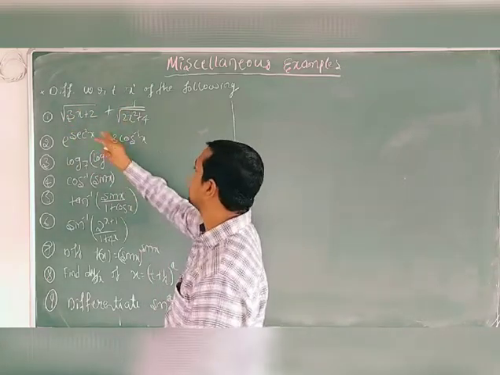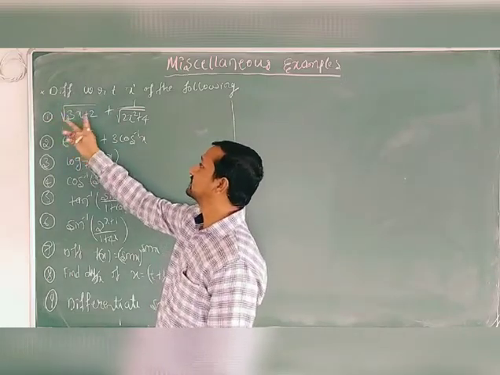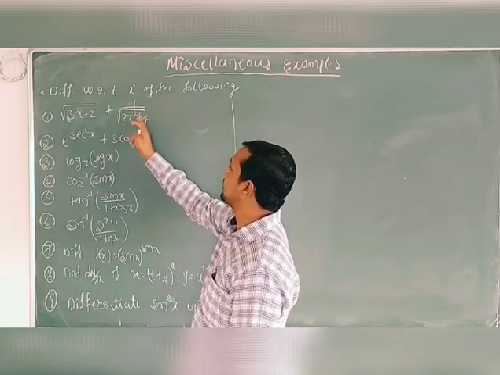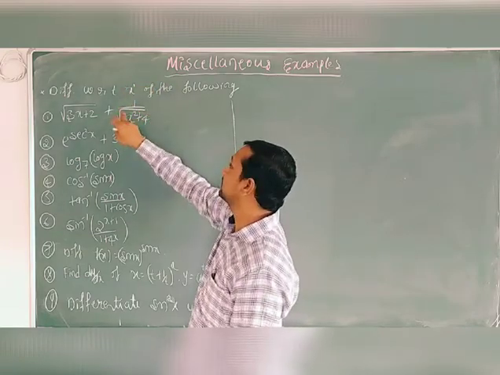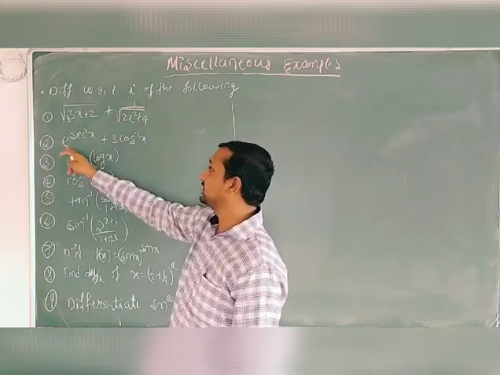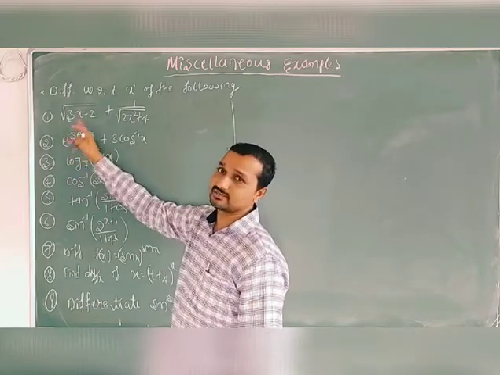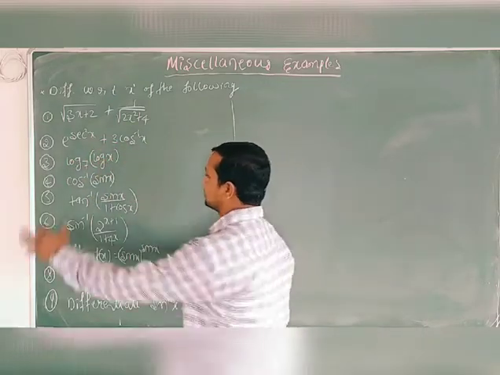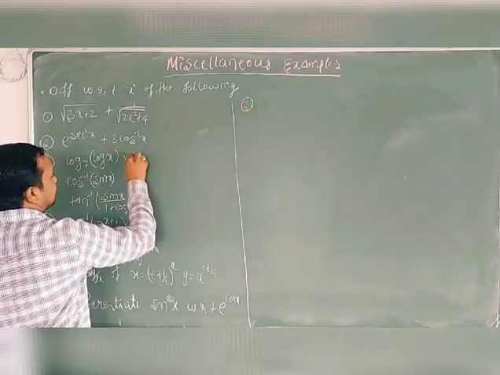Here see that root of 3x plus 2 plus 1 divided by root of 2x square plus 4 is there. So this is of the form root x. What is the derivative of root x? 1 divided by 2 root x. Differentiate this one. So this is 2x square plus 4 raised to 1 by 2, so take the numerator and get 2x square plus 4 raised to minus 1 by 2. Then differentiate the x raised to n form. This is e raised to x form. Derivative of e raised to x is e raised to x. Instead of x, what is there? Sin square x. Differentiation of sin square x. Is that clear? Then take 3 common, cos 1 of x. So I can solve the third one. Third one is a very important example.